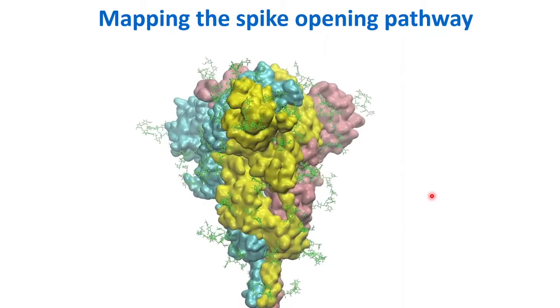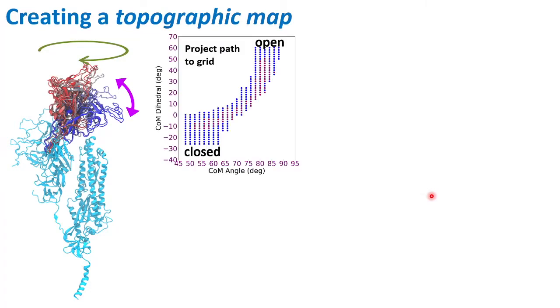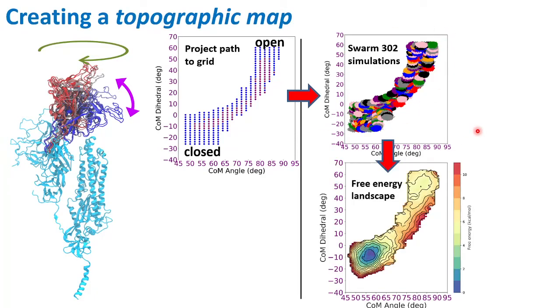Okay, so the next thing we want to do is we want our map to have topographic information. Like that one I showed you before, we need elevations. And so what we're going to do is project that pathway that I calculated onto a grid. And then instead of trying to run very long simulations, we run lots and lots of short simulations and just tell them, well, all you have to do is explore locally. Every one of these colors is an independent simulation. Run a few hundred of those, and then combine all of that data together,